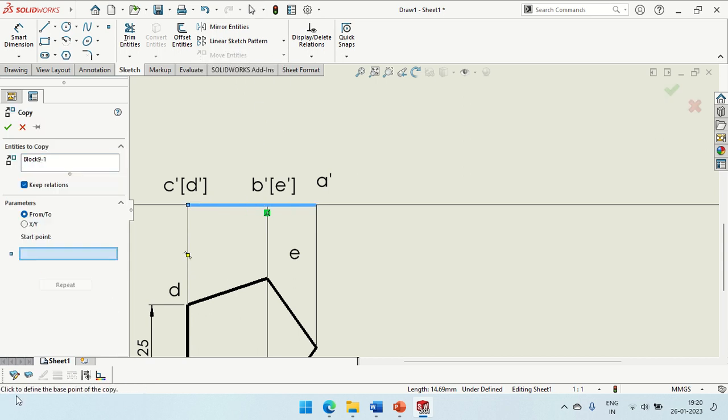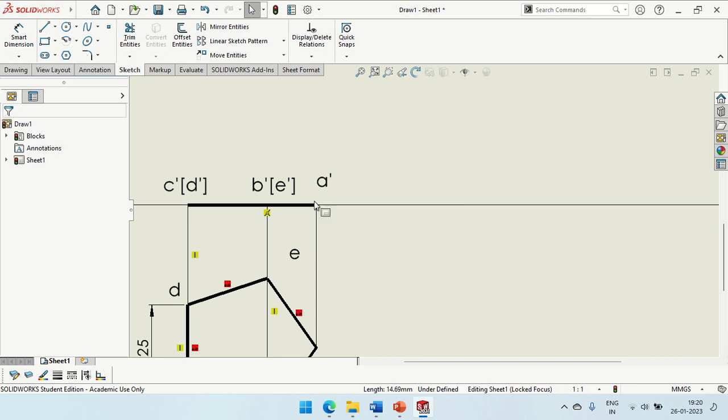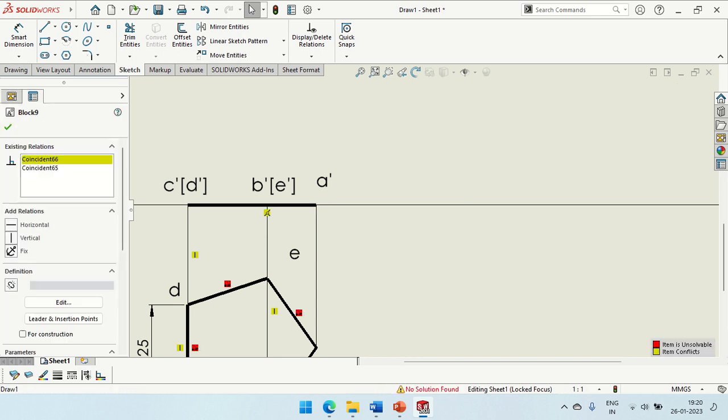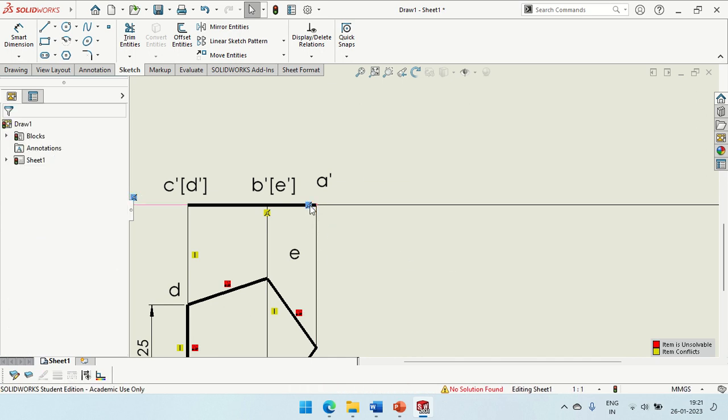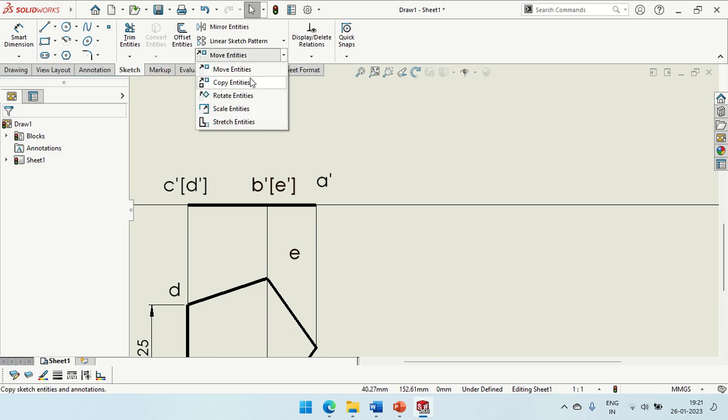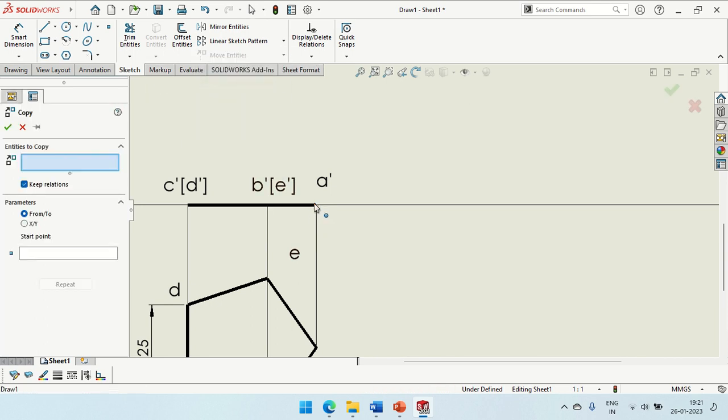And now it asks, click to define the base point of the copy. On what basis you want to copy? Click the corner of the line, not that one, sorry, this one. Click this, then, sorry, I will repeat, just a second. Sketch, copy entities, select the line,